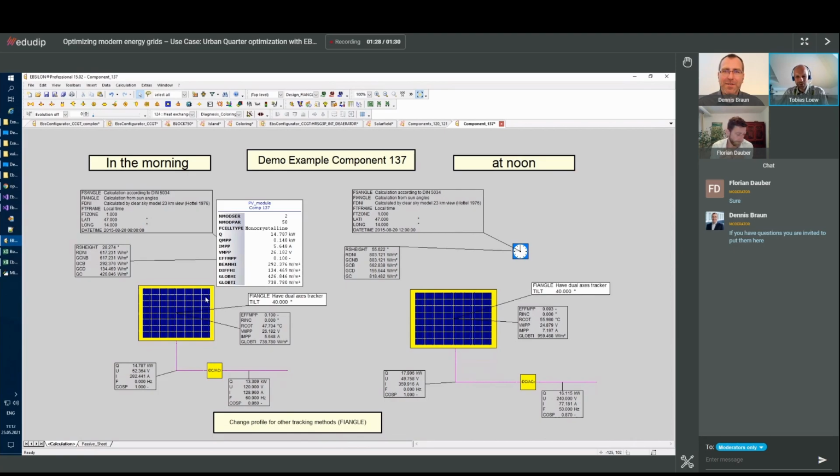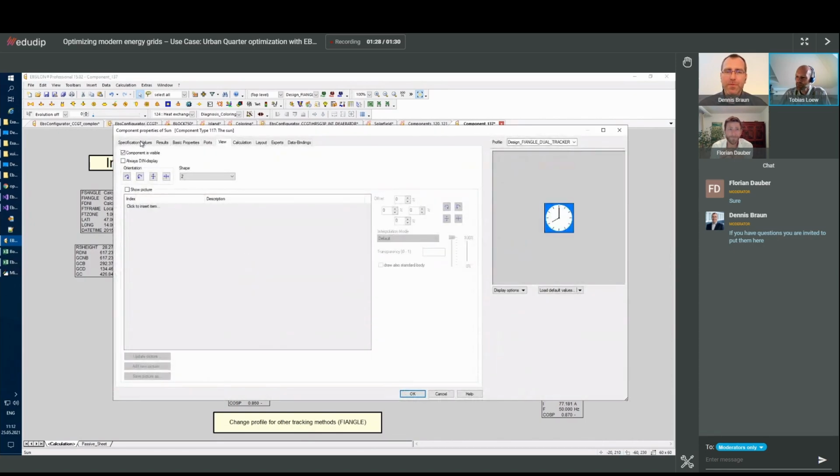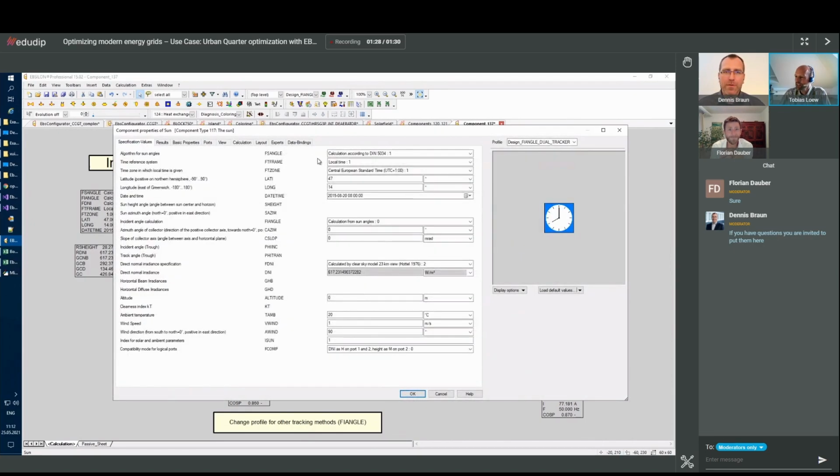No, the idea behind this is, of course, you can have different configurations fitting on different locations on this planet, and you can calculate them in one model, because they have different coordinates. You not only use the sun for specifying the time information, you also specify the longitude and latitude of your location, so it's your geo coordinates.